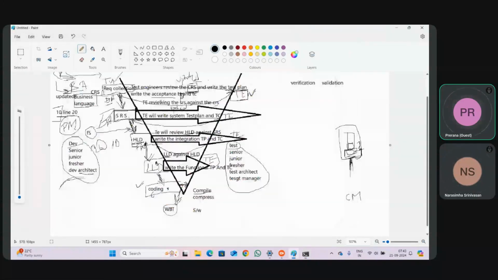It means the developer will again go to his source code, he has written some lakhs of lines of code. He will go to his source code, analyze the code, find the defect, fix the defect. After fixing the defect, again you need to do the compilation. Compilation will ensure whether you have written the code properly or not. Once compilation is done, later they will compress it into a software. Now, that software is given to the testing team. Now, actual testing will start.